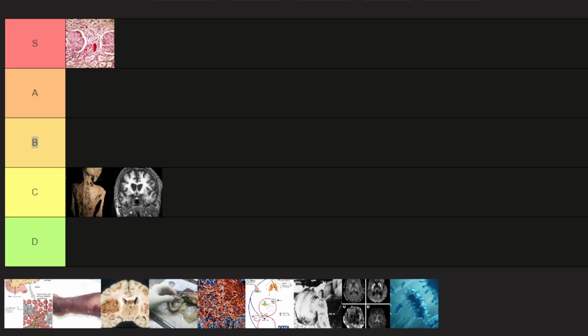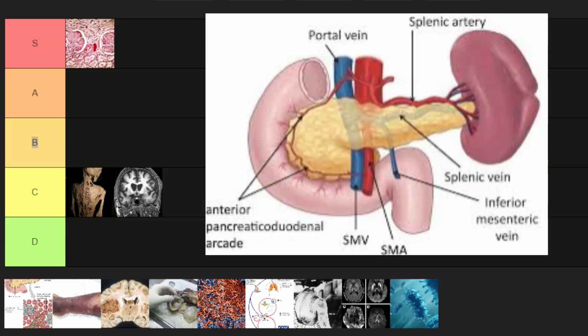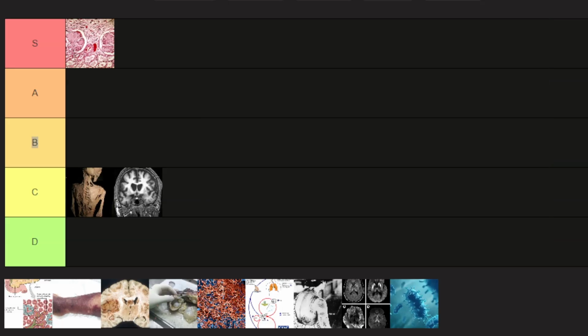It doesn't respond well to chemotherapy, it doesn't respond well to radiotherapy because of this scar shell. And by the time it is discovered, it has mostly metastasized to other parts of the body, so that's a huge issue. If the tumor is located at the head of the pancreas, it wraps around the superior mesenteric artery and the portal vein, which makes surgical removal impossible in most cases because those arteries are large in caliber and